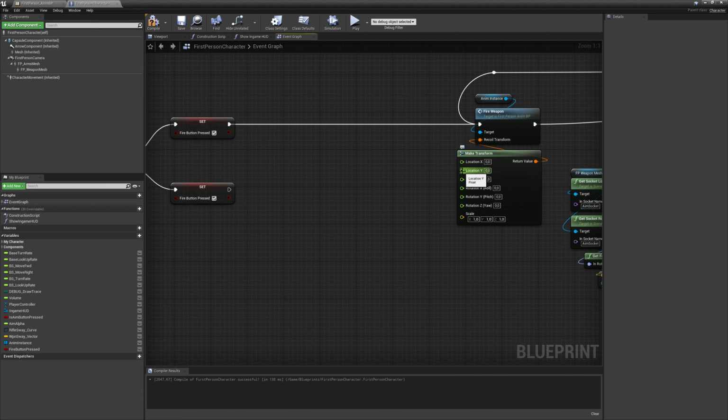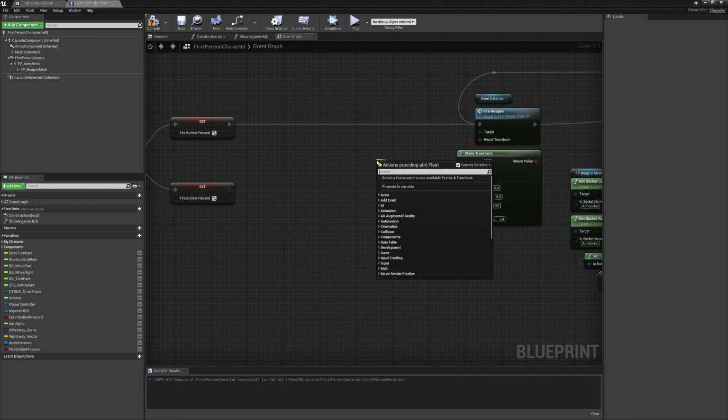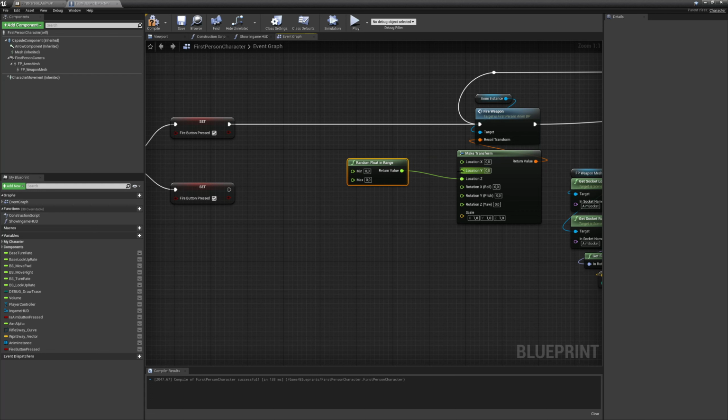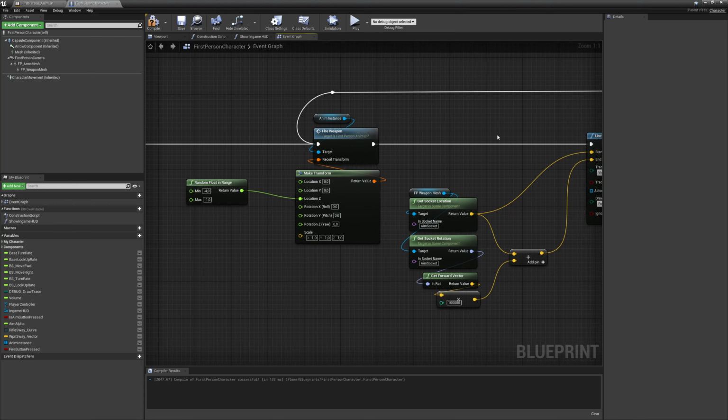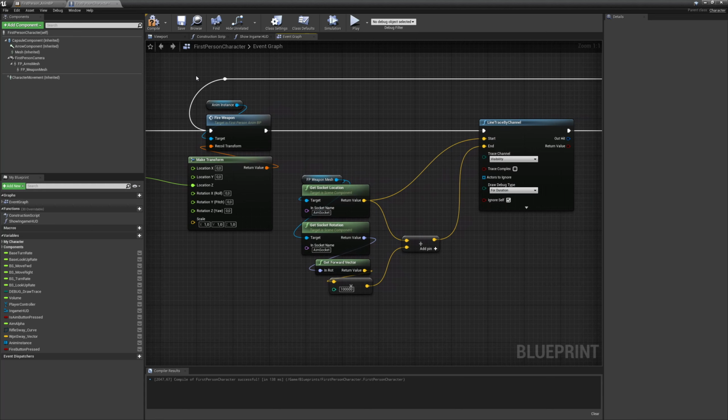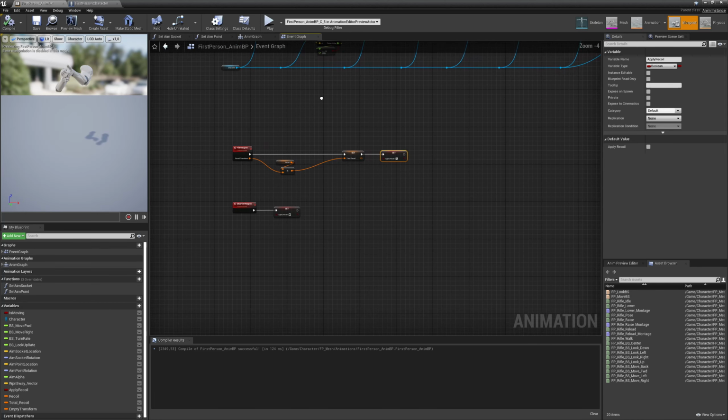So first I'm going to simply use the Z location so we can see what's happening, and I'm going to say random float in range. And I want to move it upwards, so that's negative, I think. So let's say maximum of -1 maybe. So that's the minimum. So let's say -4 as a minimum and a maximum of -1, something like that. I'm gonna leave all of these to 0 for now, just so we can have a better look of what's happening. So compile and save this, and we need to go back to the animation blueprint to actually apply the